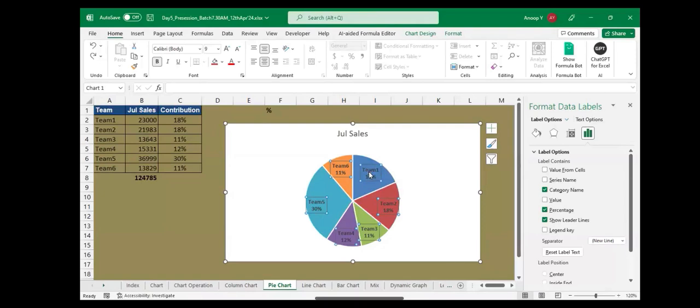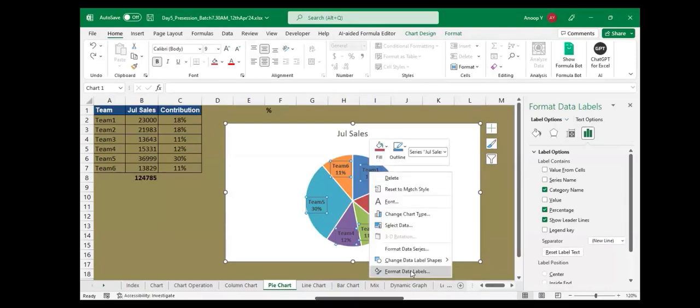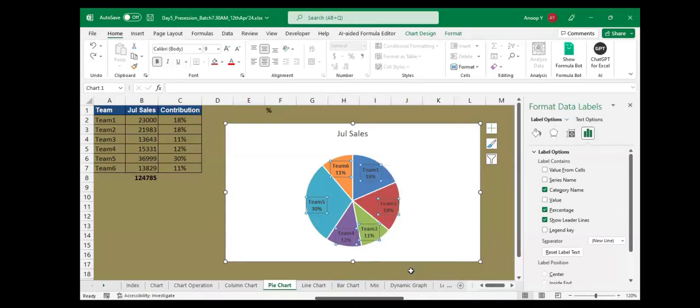डेटा लेबल्स को सेलेक्ट करके राइट क्लिक करोगे। ओके। हाँ तो, ओके, और उसके बाद परसेंटेज।